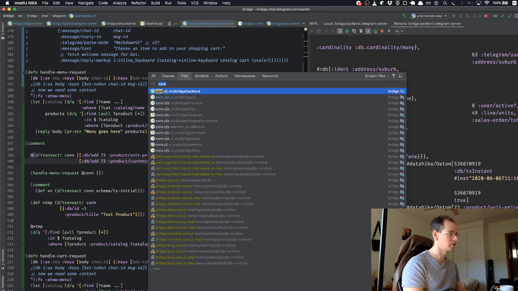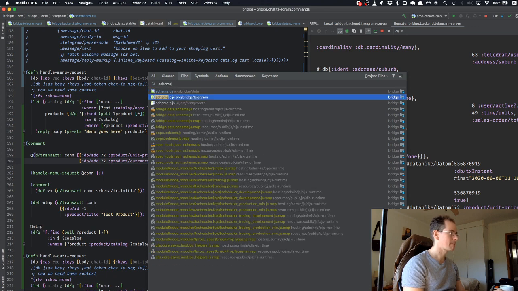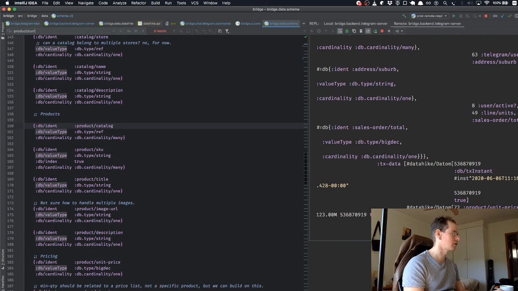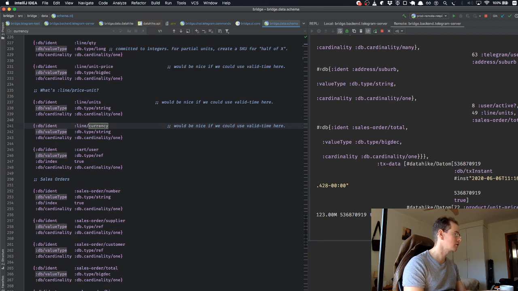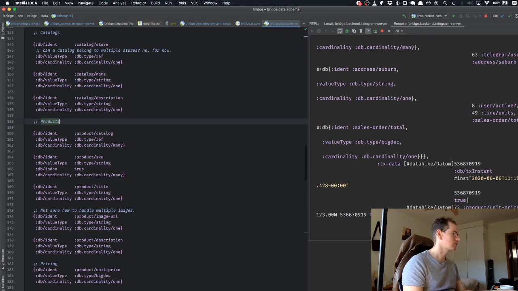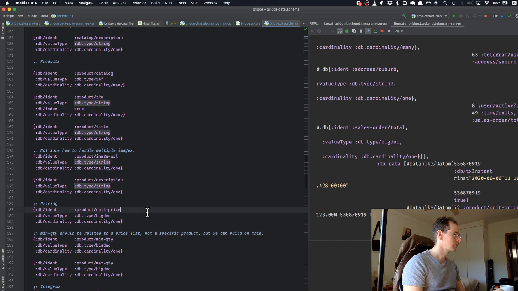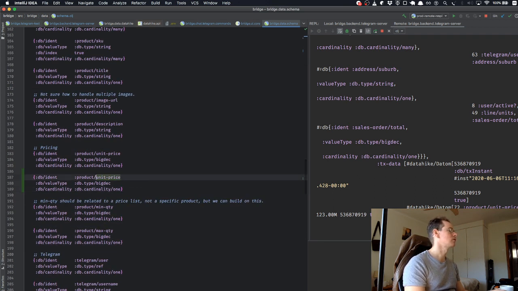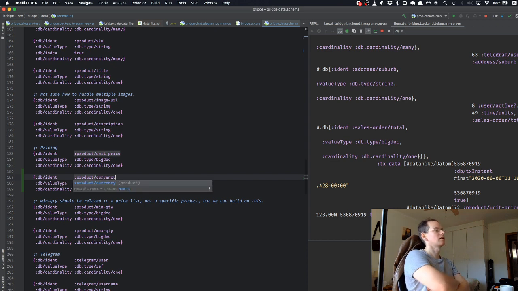Let's just have a quick peek at our data definition for how we handle currencies. So we don't yet. We're going to have to add that. Okay, so I'm going to add a new attribute. I'm going to call it currency, which I don't really like this model because